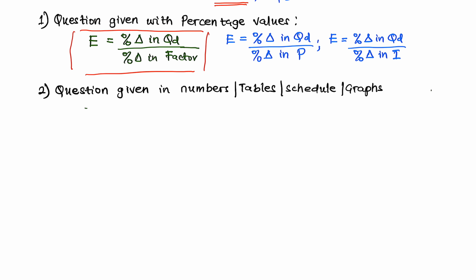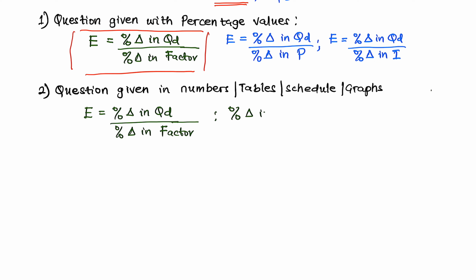We know that elasticity equals percentage change in quantity demanded divided by percentage change in factor. Now, this formula contains only percentages. It does not have numbers. So we need to decompose or break down this formula in a way that can be used when we have numbers or tables given to us. To break it down,